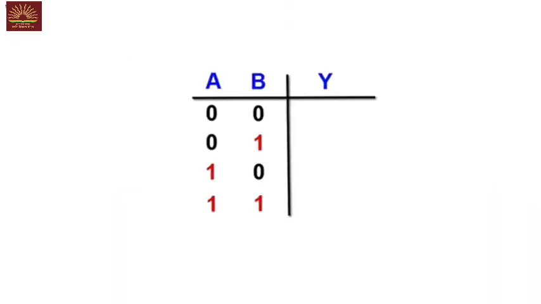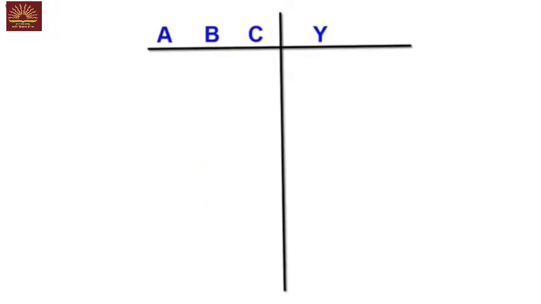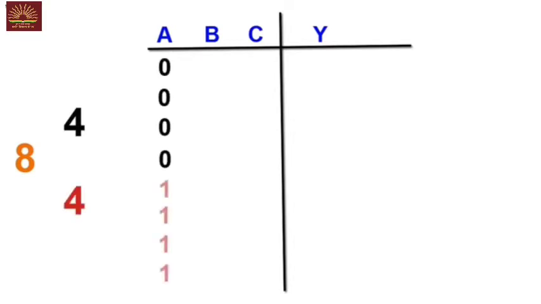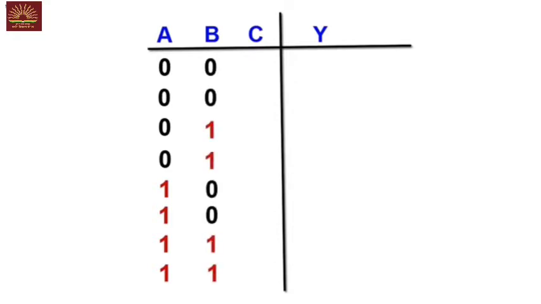There is a trick to fill the truth table. We start filling with the leftmost input and go column by column. Since we know it will have 4 input combinations, 2 zeros are followed by 2 ones. Next column will have 1 0 followed by 1 1. If there are 3 inputs A, B and C, there will be 2 raised to 3 equals 8 combinations. Leftmost column will have 4 zeros and 4 ones. Next column will have 2 zeros and 2 ones, which will repeat. Last column will have a series of 0 and 1.